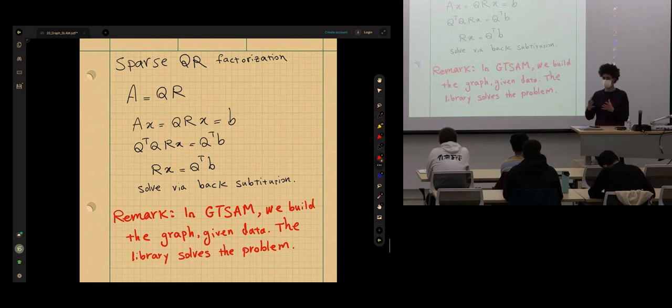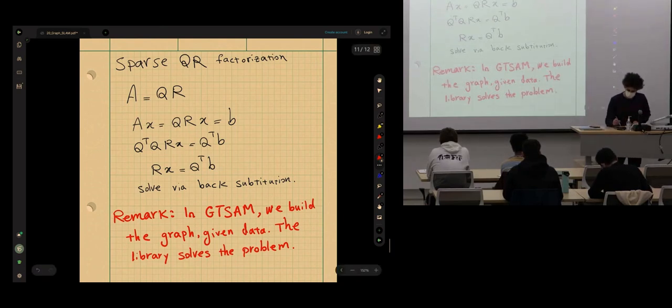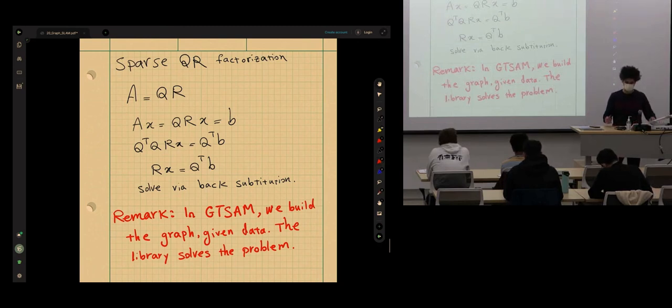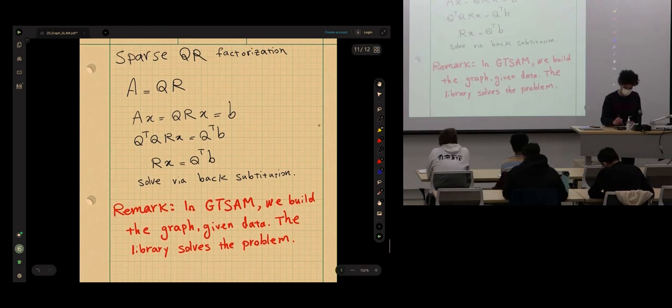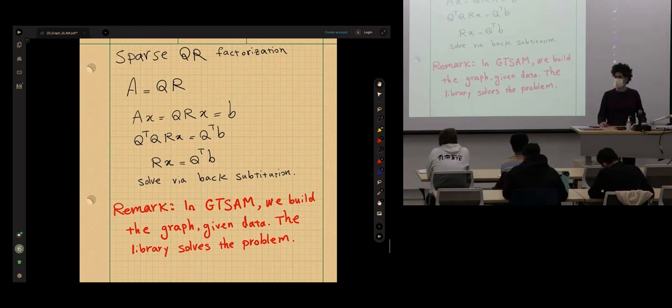And this whole process of building the graph and solving it is the back end. If you remember, the front end was the messy part. You have to process all the data and then come up with these factors and measurements. Once you have all of them, you just construct the graph and solve it. So that's the story of graph SLAM and how we solve the problem. That's the end of the lecture for SLAM.